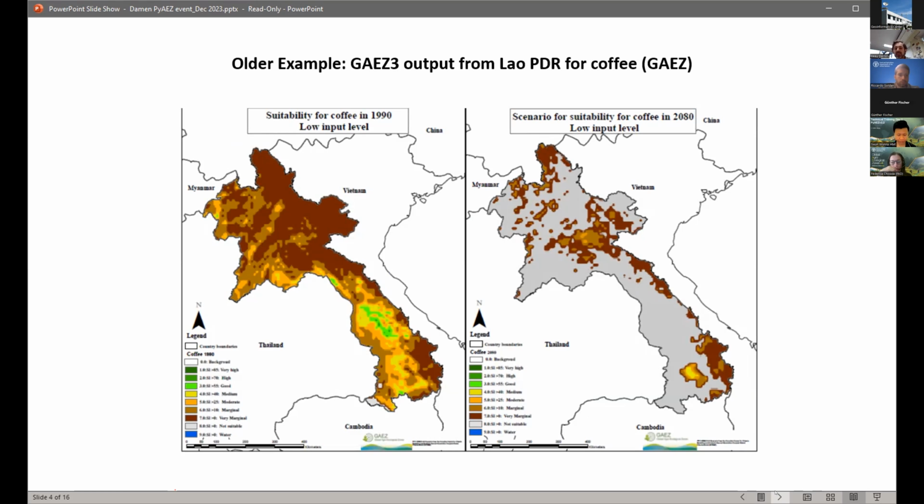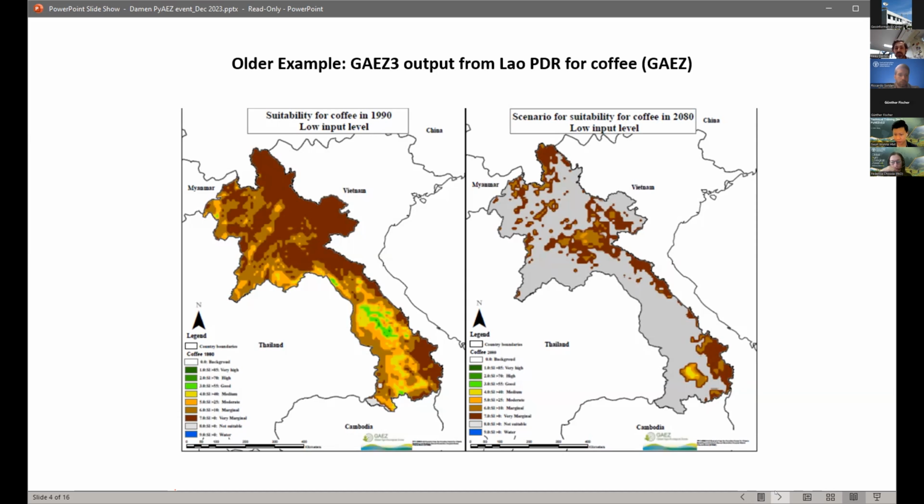Particularly in the southern regions of Laos, coffee is an important crop from a livelihoods perspective. And what the GAEZ information was showing was basically that there had to be a complete rethink of the way that the government was going about supporting that particular sector.